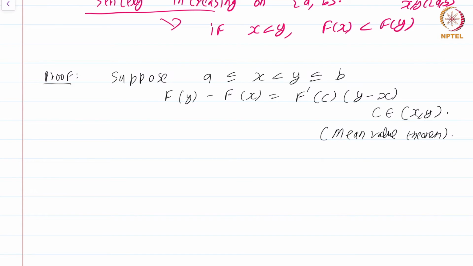Okay, but that just means f of y minus f of x is greater than 0 if y is greater than x, simply because f prime of c is always greater than 0. So I should write greater than 0 because f prime of c is greater than 0, and you immediately get the result. Okay, so similarly you can formulate